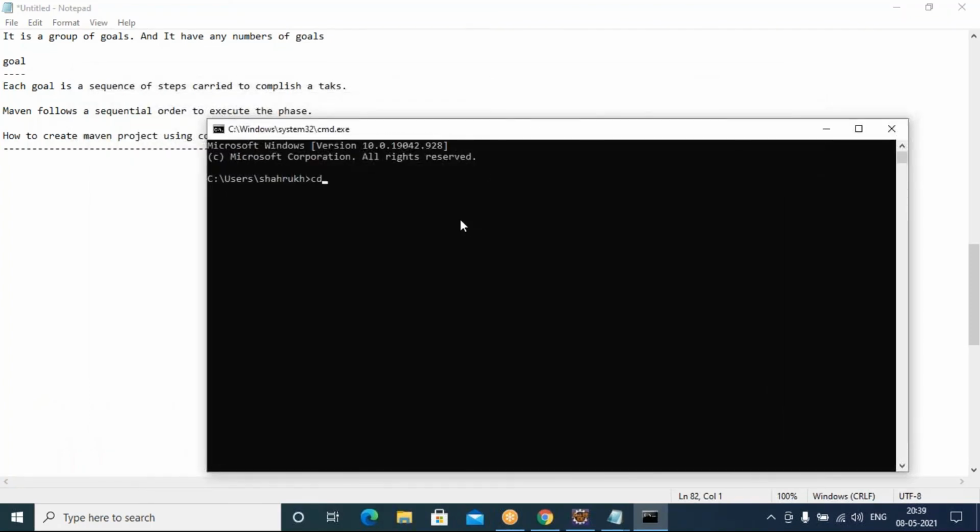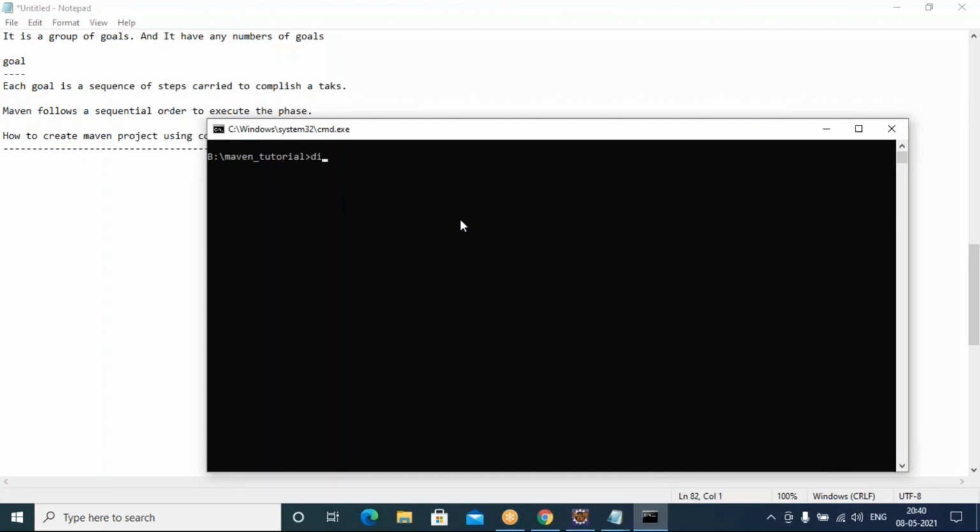Just navigate to some other drive. I'm navigating to another drive, and I have created one particular directory here.